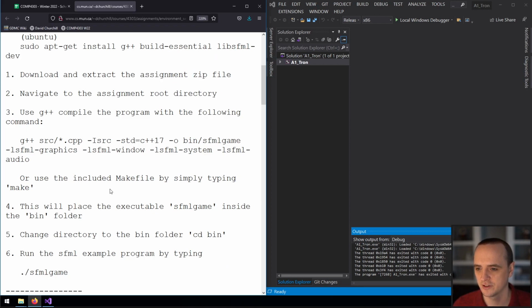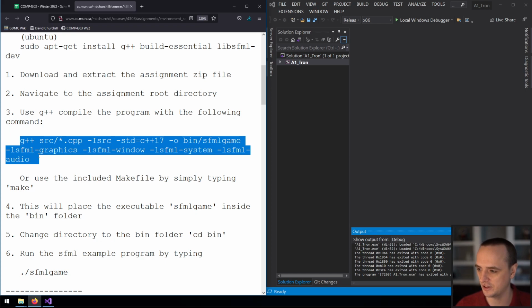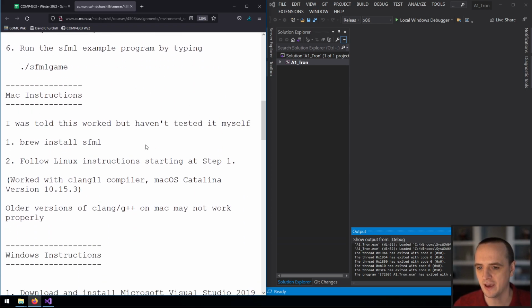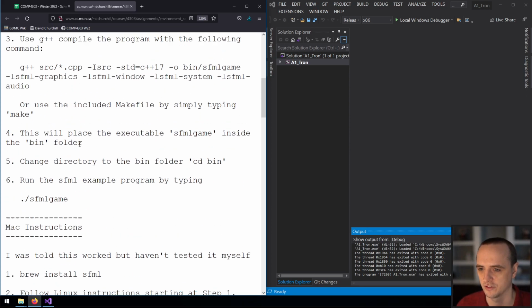Inside the project folder that you've extracted, you can either copy and paste this single command that will compile all of your stuff, or you can run the makefile that I've included with the zip file. So you just type make, and then that'll compile it for you, okay? And for the Mac instructions, all you have to do is brew install sfml and then start the Linux instructions, starting with assignment